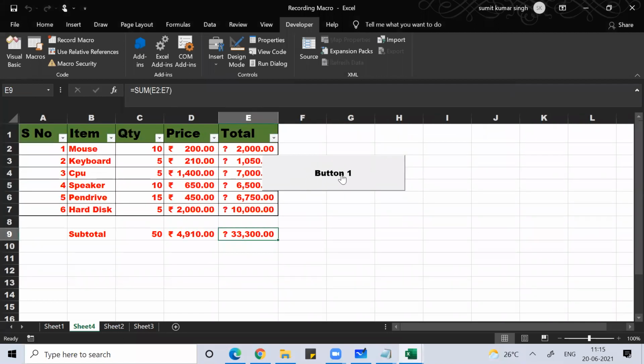Now if you see, whatever you did, it happened. So here you don't have to repeat your action again. Once you perform one set of actions, you just click on that button and your work will be done. Clear, everyone? Just practice this.